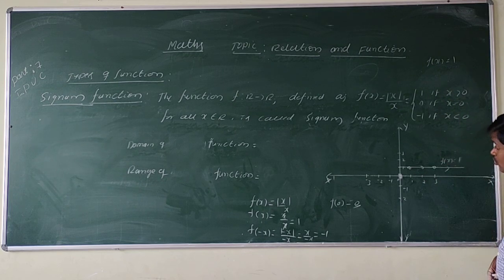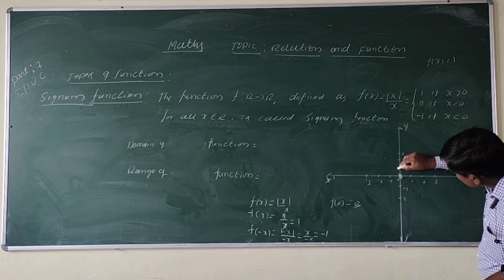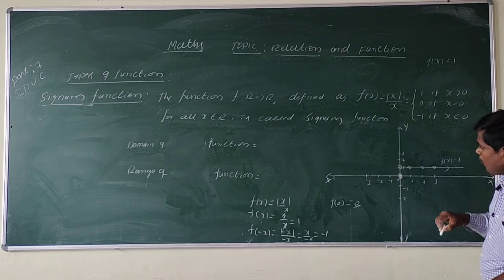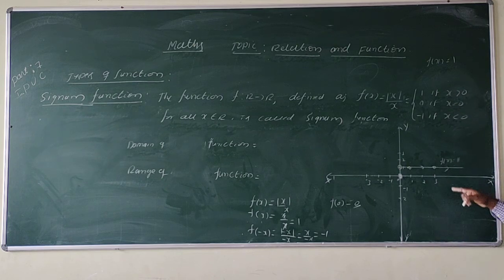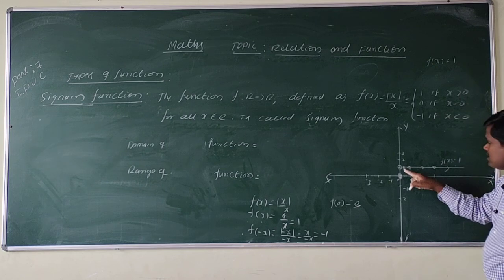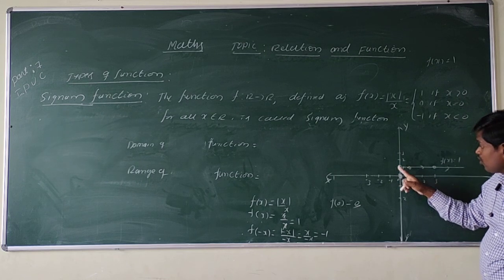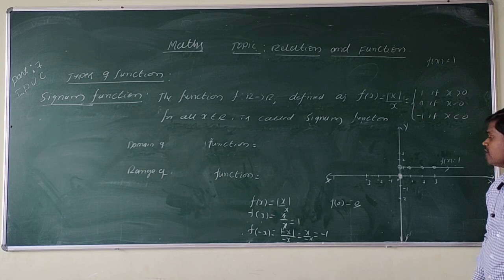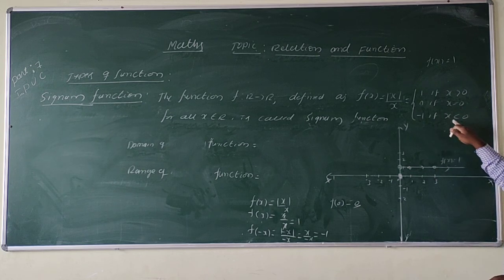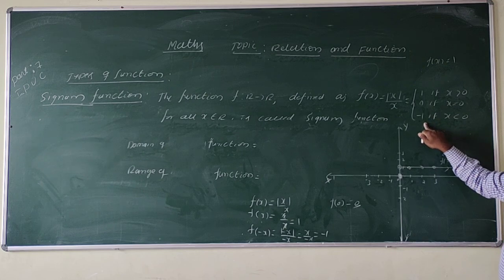So therefore, observe here. It is not touching the x and y axis. Okay, so this line does not touch the axis. So therefore, I am taking an open circle here. Similarly, suppose I am taking x is less than 0. That means I am taking a negative number. So then what do we get?